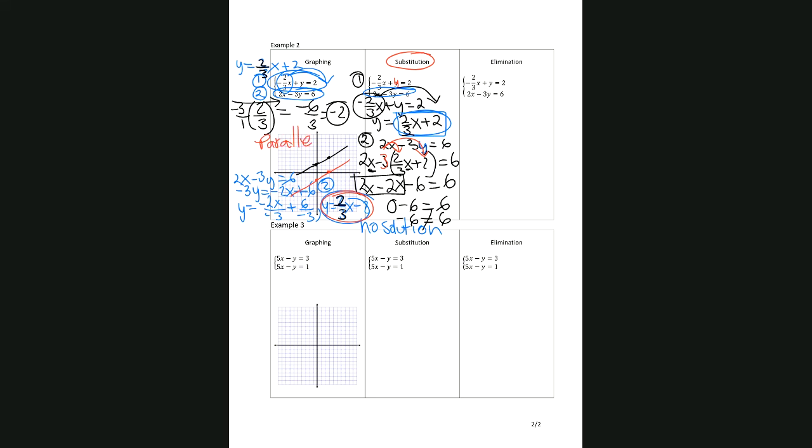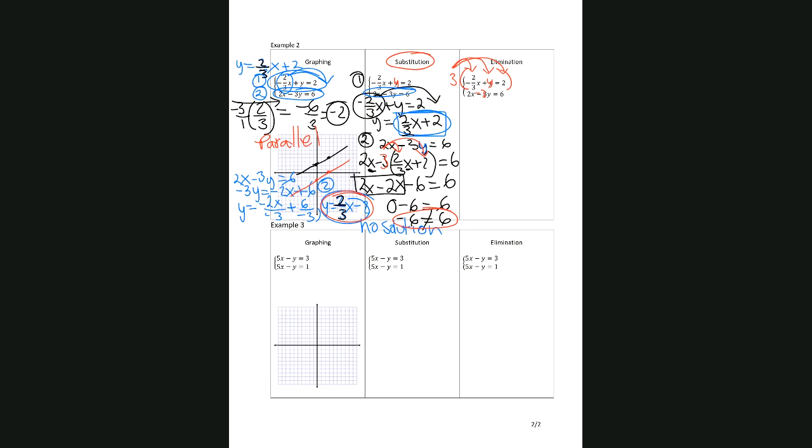Okay? All right, how will that look if you were to solve it by elimination? So you will also get some crazy statement, kind of like this one, that -6 equals 6. So that's what tells you this one has no solution. So what I'm going to try to do here is make this positive y turn into positive 3y, so that I can cancel it with this -3y. So for me to do that, I need to multiply the first equation by positive 3. So if I distribute here, here, and here,